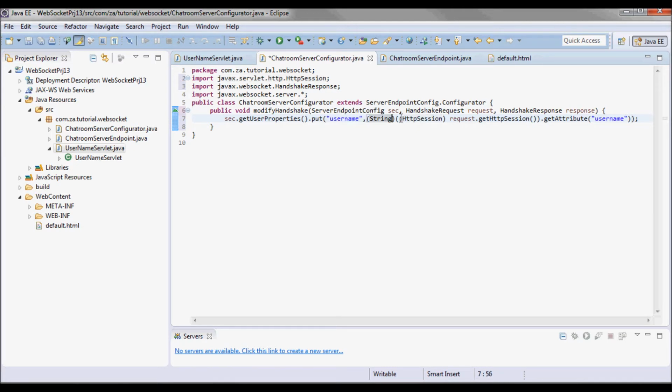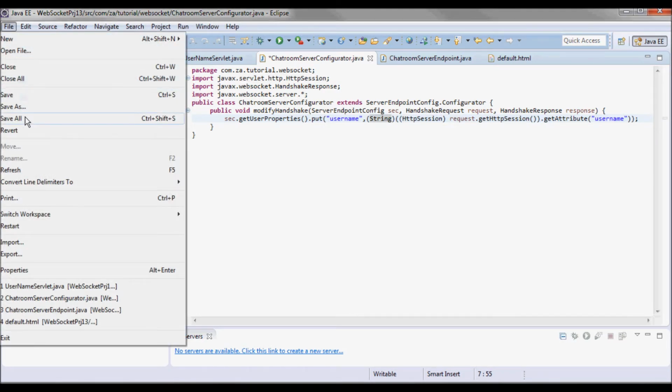So I'll pick up the HTTP session instance by using request.getHttpSession, and then on that instance I'll call the getAttribute to pick up the username, and I'll cast it to a string, and that's what I will be putting here. This is all what I need to do here.